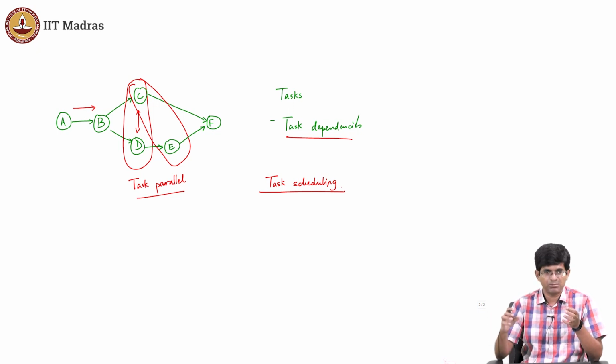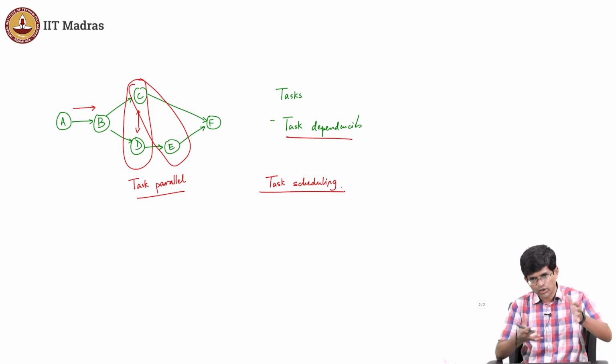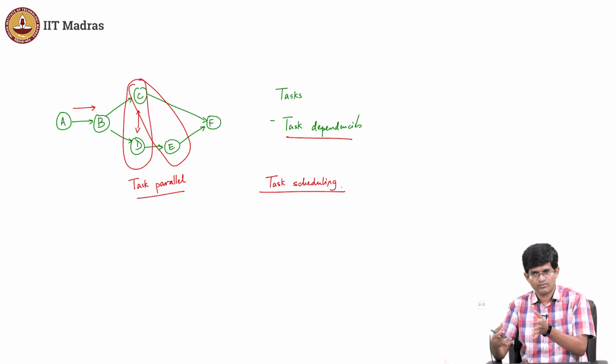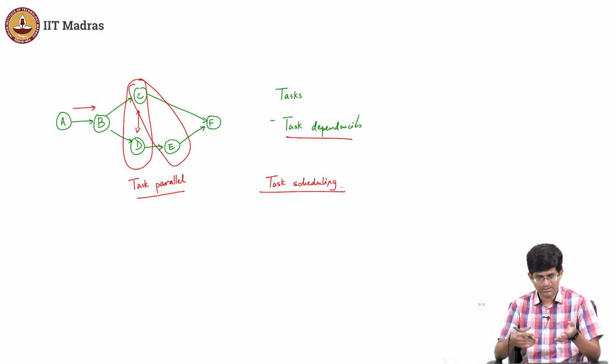So unlike a simple pipeline where things are relatively straightforward, I need to do things in a specific order, but even there I do have one level of flexibility. What is that? I could do multiple iterations of A, accumulate a lot of data, and then start on B. That's perfectly valid. So for example, even in the Unix pipeline that I showed, the cut, I could run cut through from beginning to end, generate the entire first column of data before I start doing the sort. That's a valid way of doing it.